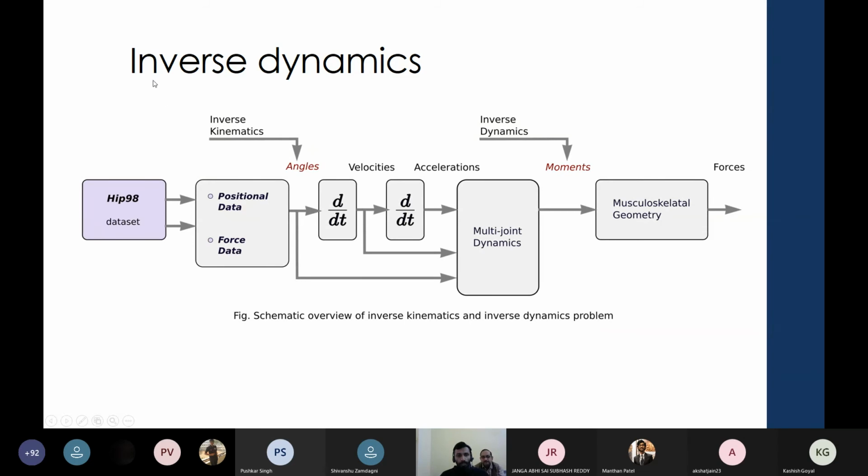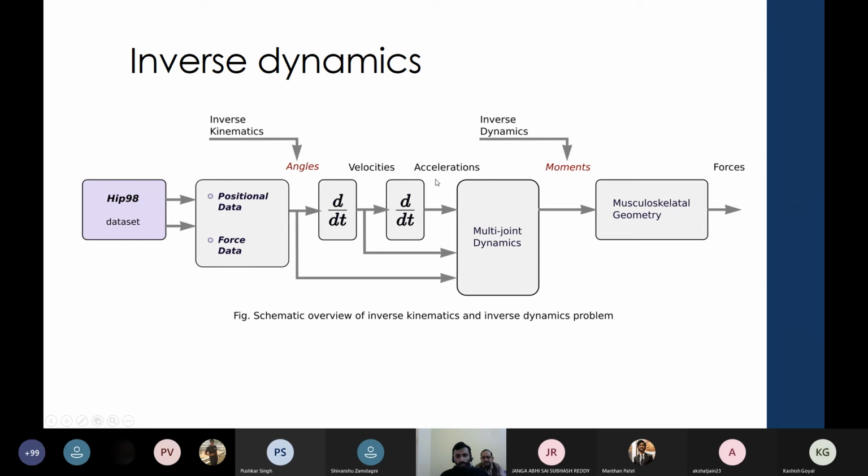This is the overall schematic of the inverse dynamics method. There will be the HIP98 data set, which is gait data and force data. From the inverse kinematics method, we will get the joint angles between the links. Then we can calculate the velocities and accelerations associated with each link.